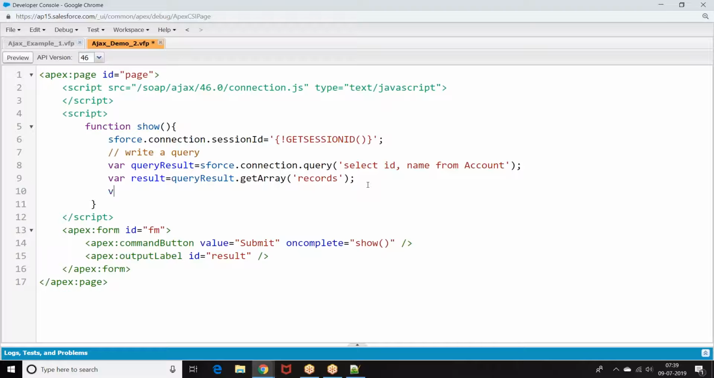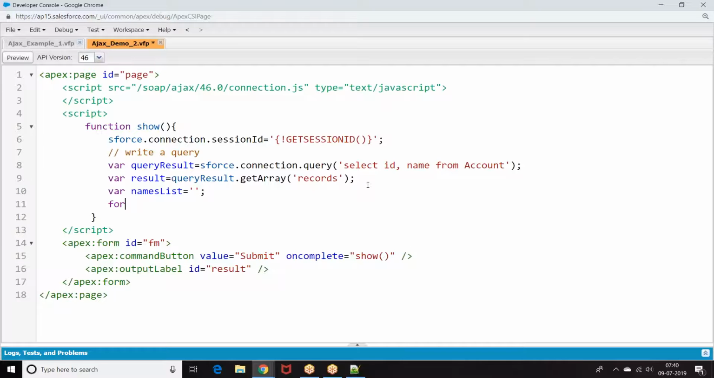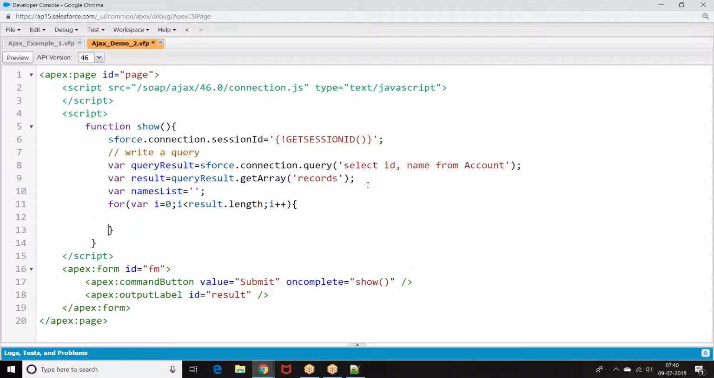Now take a loop. How do you write a loop in JavaScript? For I equal to 0, I less than result dot length. Then I am taking one by one name, adding to the list. Names list equal to